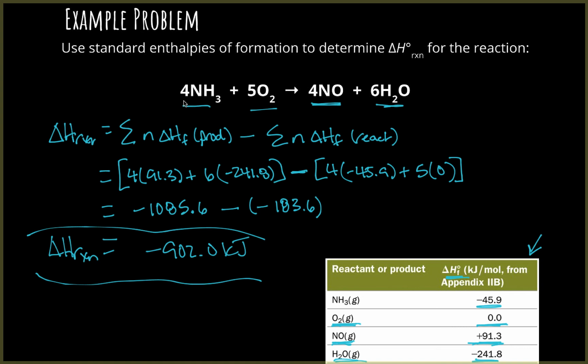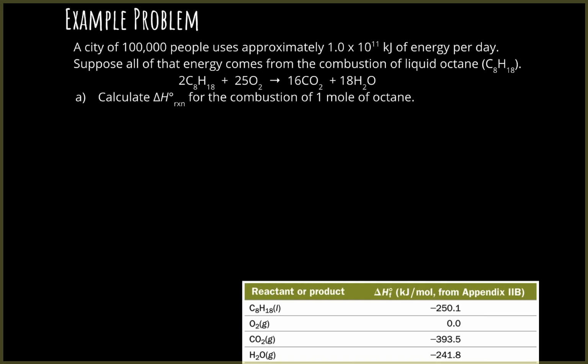And again, this is specific to the coefficients that are in that given equation. That's why we have to multiply by those coefficients when we're doing that equation. Okay, one more. It says a city of 100,000 people uses approximately 1 times 10 to the 11th kilojoule of